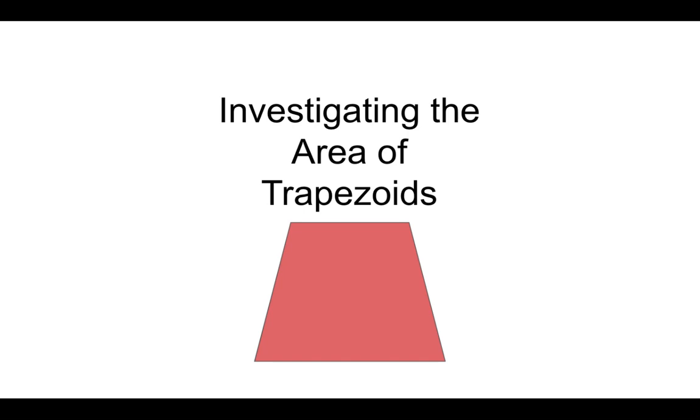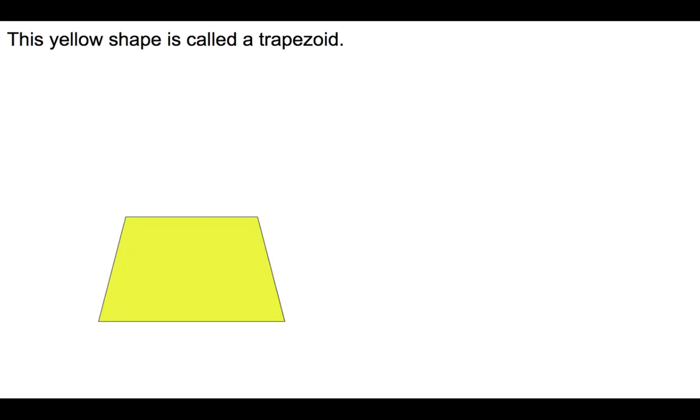Hi, mathletes. So today we're going to investigate the area of trapezoids. This is a trapezoid, and we call it a trapezoid because it has certain attributes. This attribute is that it has to have at least one pair of parallel lines. We don't say anything about the angles because the angles are not part of the attributes, just at least one